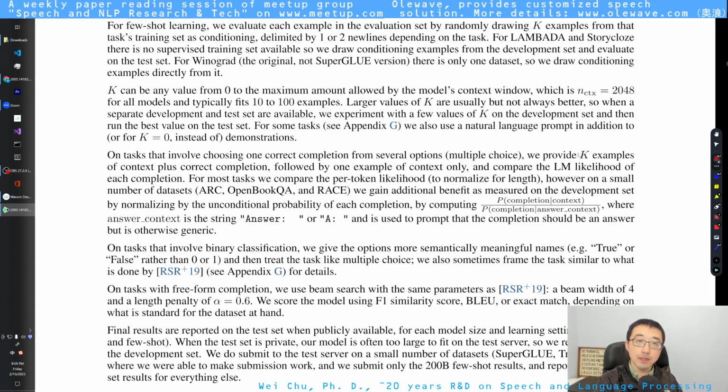So for the next session, I would try to analyze the results section of the paper, which might take maybe two recordings. But I think nowadays, if you look at the GPT-3 paper, it does not have any fancy neural network models, and it doesn't have any sparkling mathematical equations.